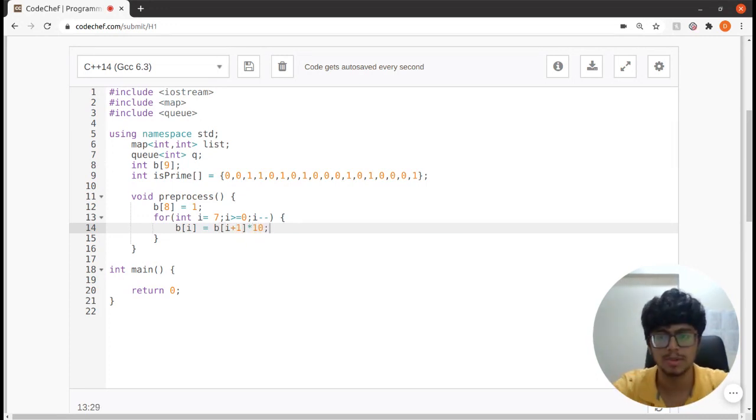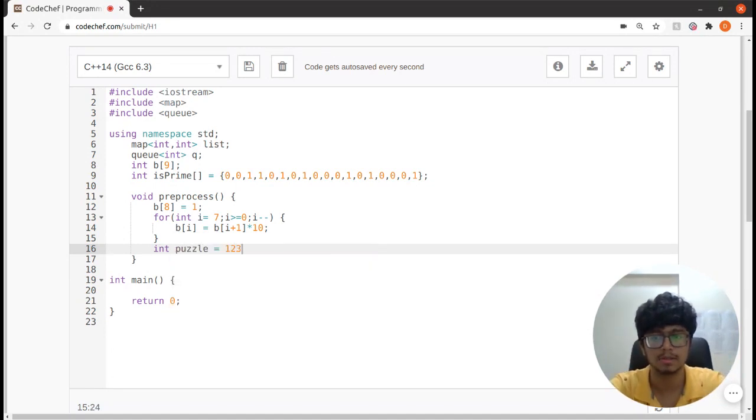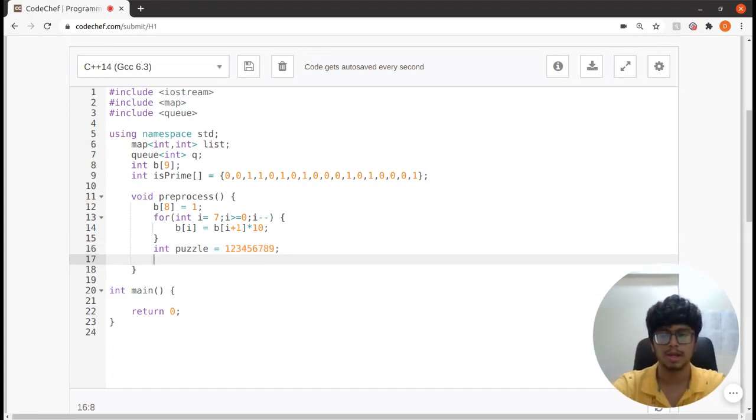Right, so all the subsequent elements will be multiplied by 10. And now I'll take my required puzzle and name it 4, 5, 6, 7, 8, 9. So this is my required puzzle.